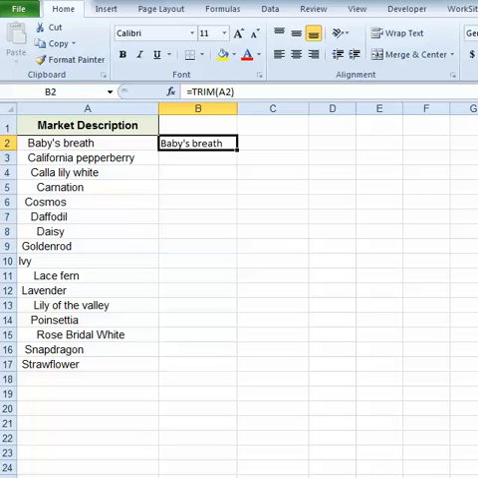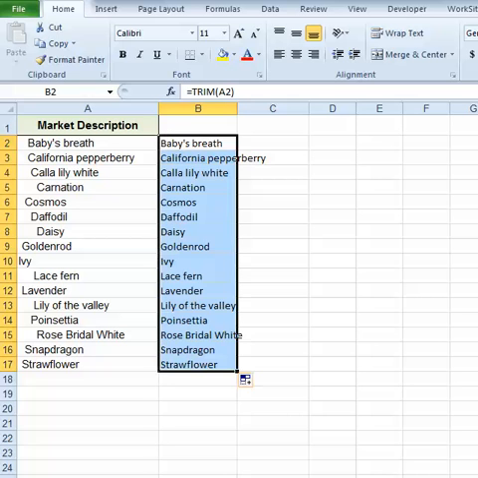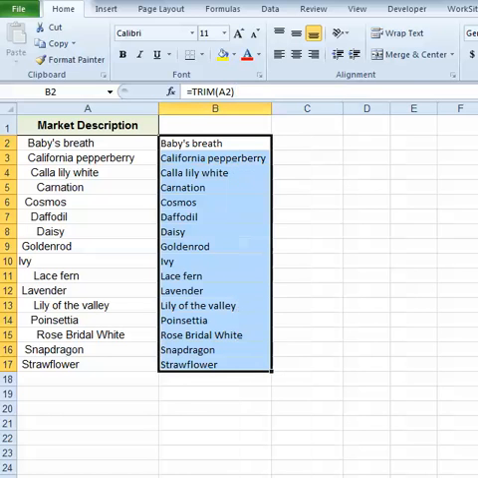Once I've got it in correctly, all I need to do then is pull it down and repeat the pattern. And you notice that it cleaned out the spaces in front of the data, and it also maintained the spaces in between the data. So it didn't take out all the spaces, it just took out the spaces before and